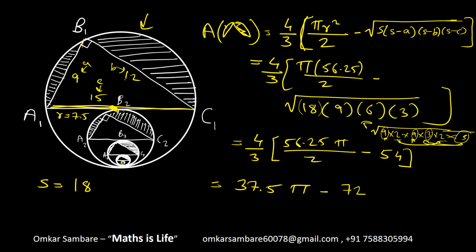If you want the approximate answer, you can take the value of pi as 22 upon 7, but it is not the perfect value of pi, but it is an approximate one. So you can take that also. And that's it for this question. If you want to try with another length of sides, you can try on your own and comment in the comment section below this video.